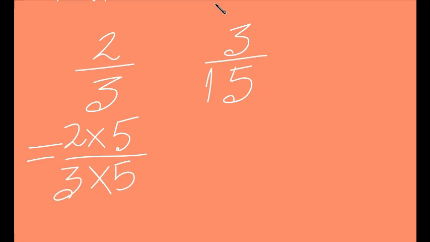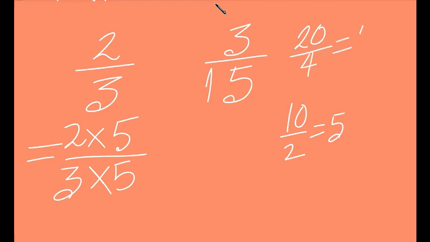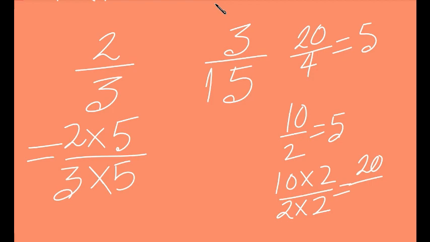Like see, what is 10 by 2? 10 divided by 2. Let us take it. You know that, right? That is equal to 5. Now let me say what is 20 by 4. 20 by 4 is also equal to 5, right? So with 10, if I multiply 2, what shall I get? And with 2, if I multiply 2, what shall I get? I shall get 20 here, and here I shall get 4. Now this is same as 20 by 4, right?